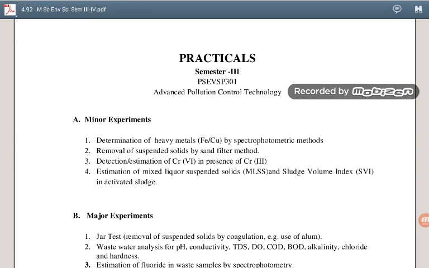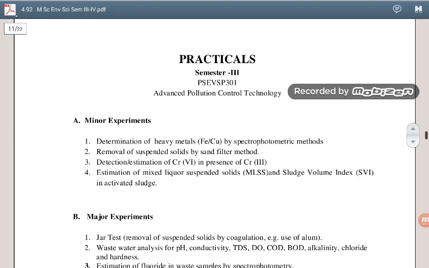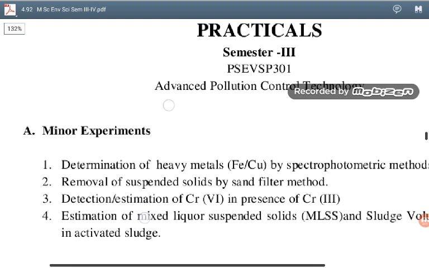Good morning, students. Today we are going to perform the first experiment from paper 1. Paper 1, you know it, it is PS EVS 301, and here in paper 1 we can find two major subheadings, that is minor experiment as well as major experiment. So today we are going to perform one of the minor experiments, that is the first one, determination of